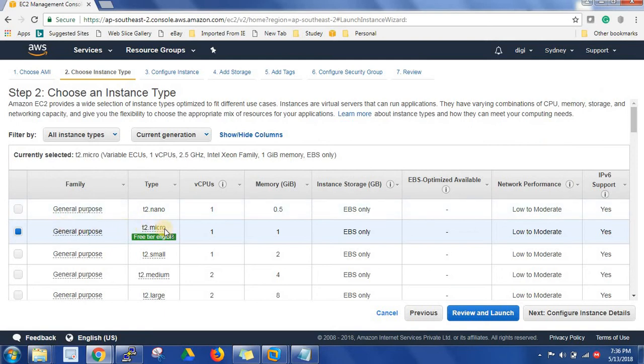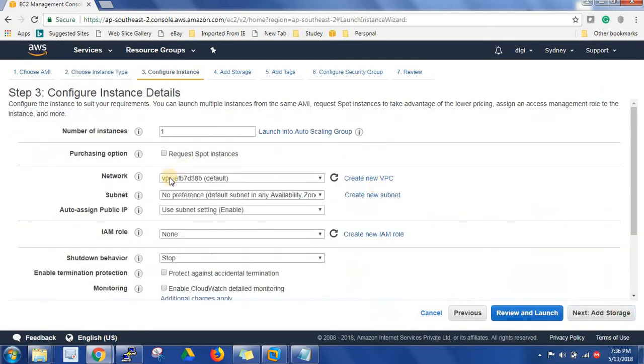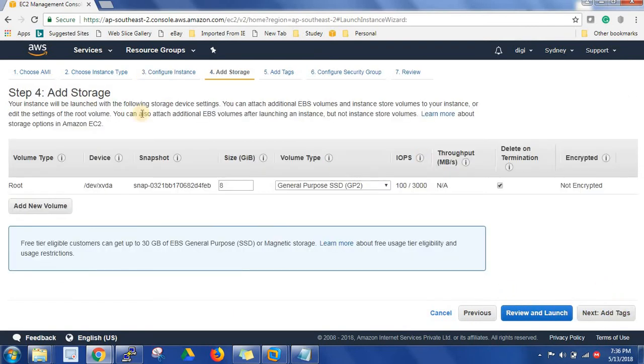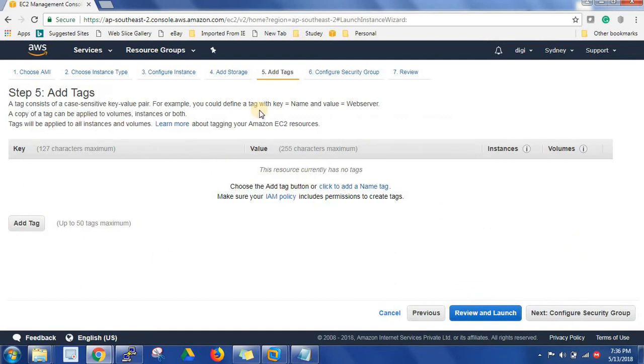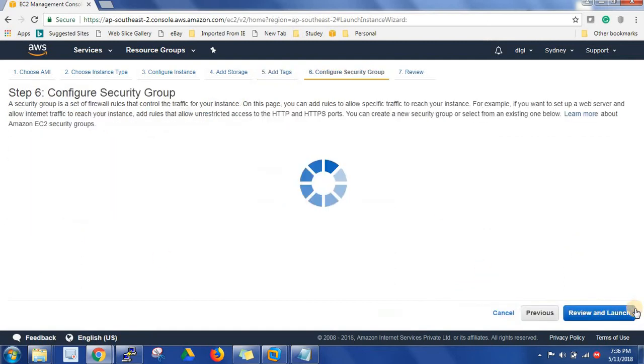T2.micro, default processor and one instance, only one computer, and default network, let everything be, and go to add storage. This is fine for me. The initial root volume is more than enough for me. Just go to tags, and these tags are not mandatory. Just go to here and